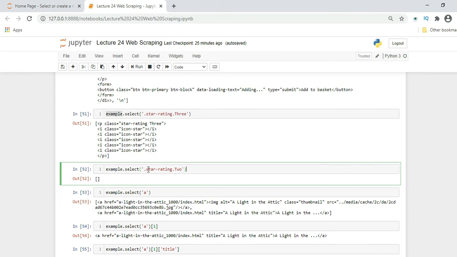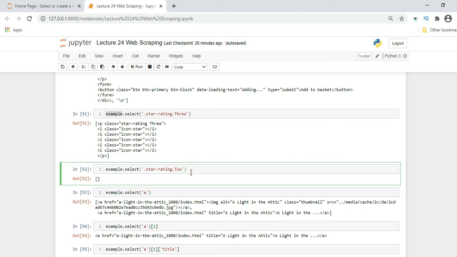Again this is a class name: example.select in brackets, in single quotes, a dot is used for class, then star-rating.Two. So this is a whole one class name.